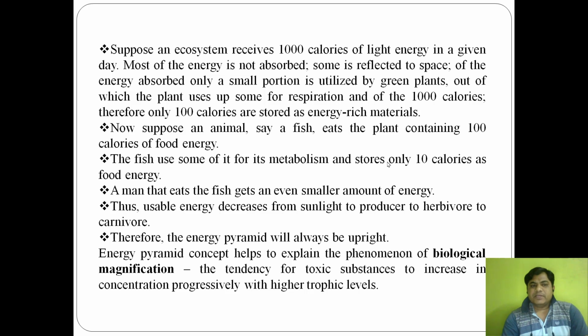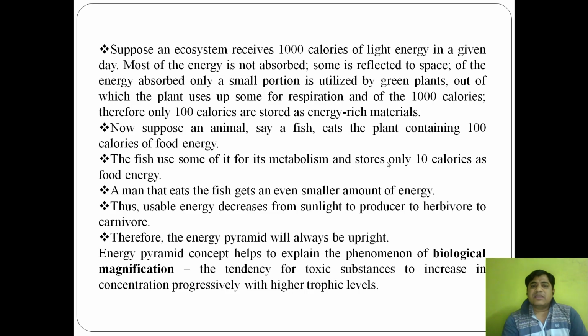Of the energy absorbed, only a small portion is utilized by green plants, out of which the plant uses up some for respiration and of the 1000 calories, therefore, only 100 calories are stored as energy rich material. We know that whatever energy is taken by the green plant is not given 100% to the next trophic level. Whatever energy they gain from the sun, some they utilize for their metabolism, some